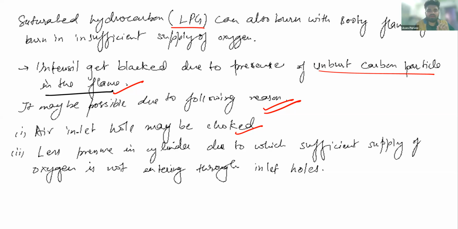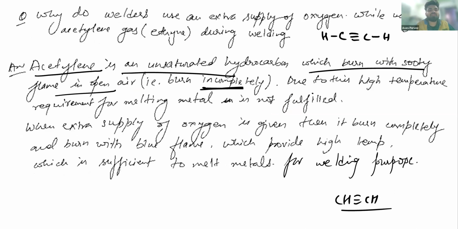We were discussing this one also, and we showed you a video related to this topic. If acetylene gas burns in open air, then it burns with a sooty flame. Why? Because acetylene is an unsaturated hydrocarbon. It is CH triple bond CH. So this is an unsaturated hydrocarbon. There is a triple bond there, and because of this triple bond,